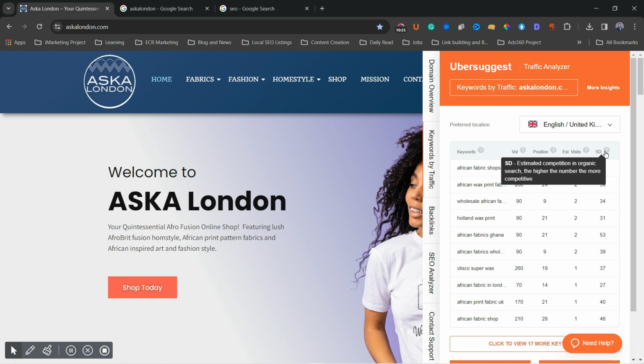SEO difficulty is how difficult or how easy it's going to be for you to rank. On a scale of 1 to 100, I can see these are all on the low side, so it's going to be very, very easy for you to rank on this, right? Now, look at